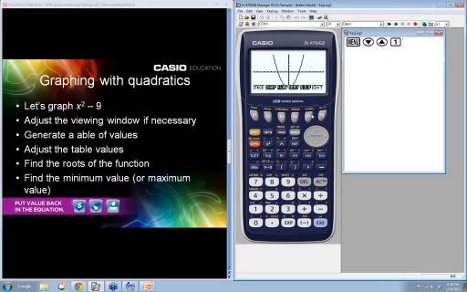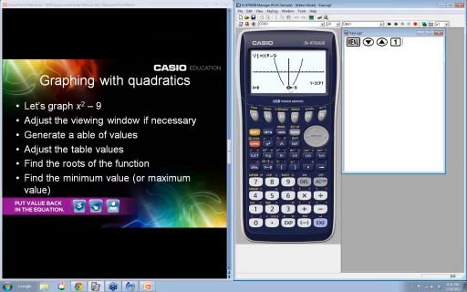So Shift, G-Solve, root. It gives you one root. You use your replay arrow over to the next. It gives you your second root, and it actually tells you what you're getting. Same thing if we wanted to find intercepts. Shift, G-Solve. Now we want to find the y-intercept. It tells you the y-intercept is -9. It tells you here that what they're giving you is the y-intercept, and it shows you right where it is on the graph.